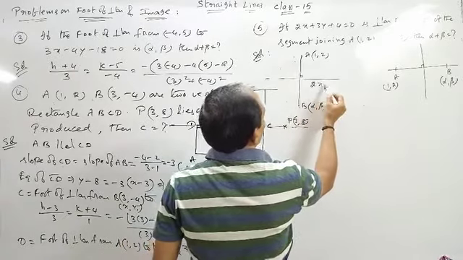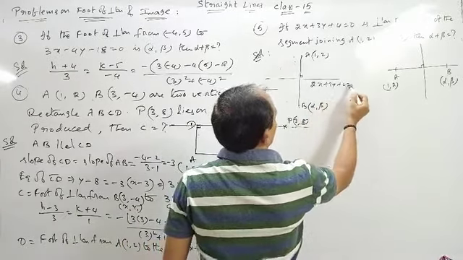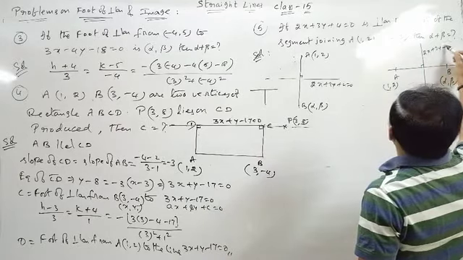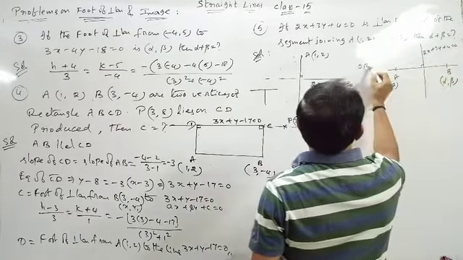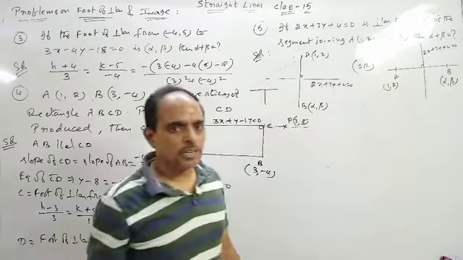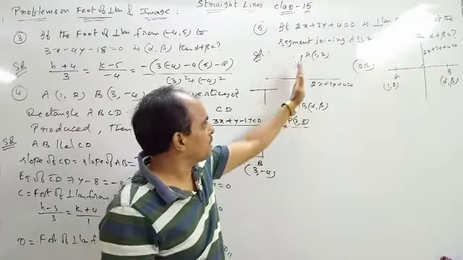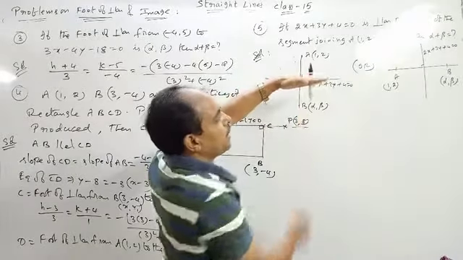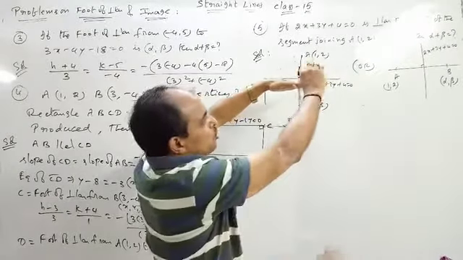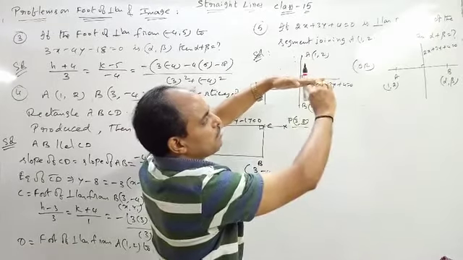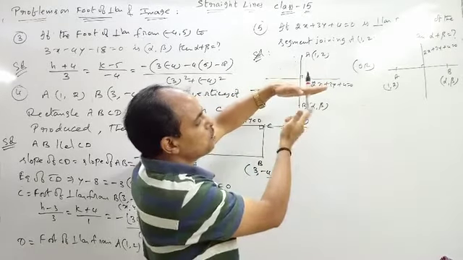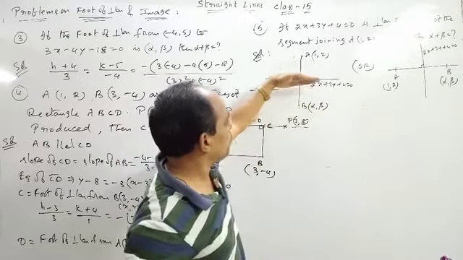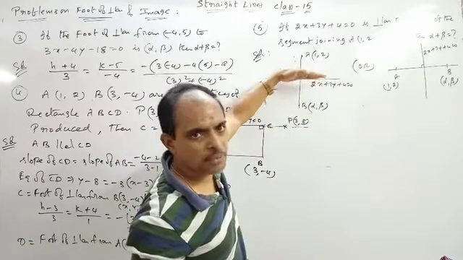Now, you can draw the diagram like any of these two ways, but you know that perpendicular bisector means this is the perpendicular bisector of this line. So the distance of these two is equal to the distance of these two. So this point is nothing but the image of this one with respect to this line. So perpendicular bisector, the image, the mirror.